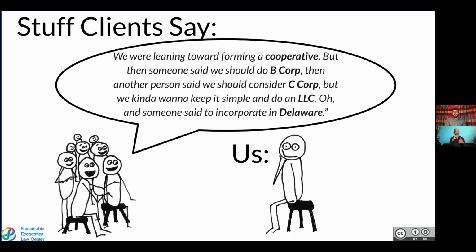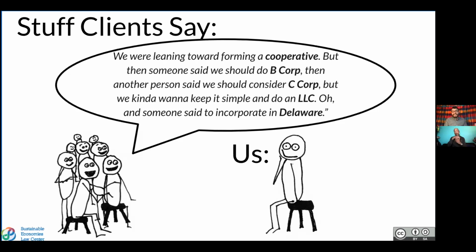And it complicates discussions about choosing the appropriate entity because people confuse legal entities with tax statuses. And they also complicate it because they're talking about things that should maybe go into an internal policies document for the cooperative as opposed to in your bylaws or operating agreement. So it gets really confusing.